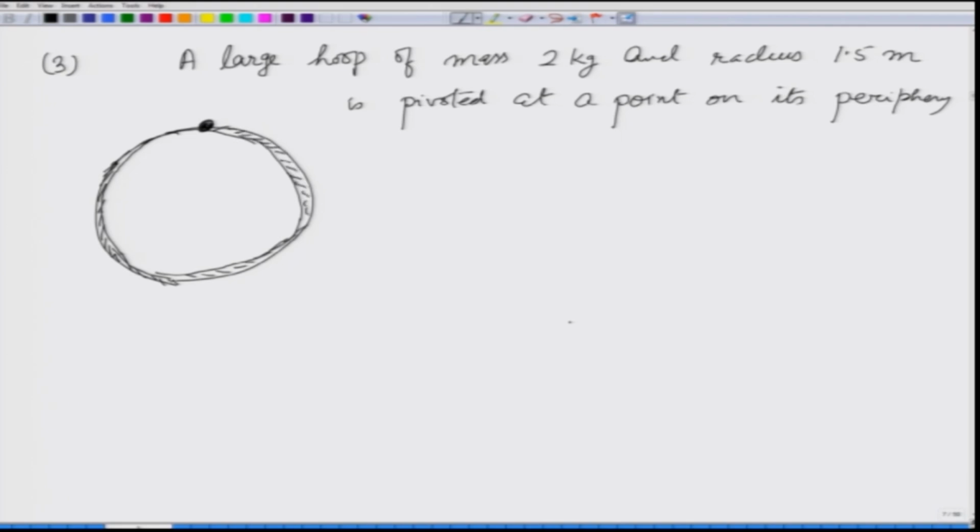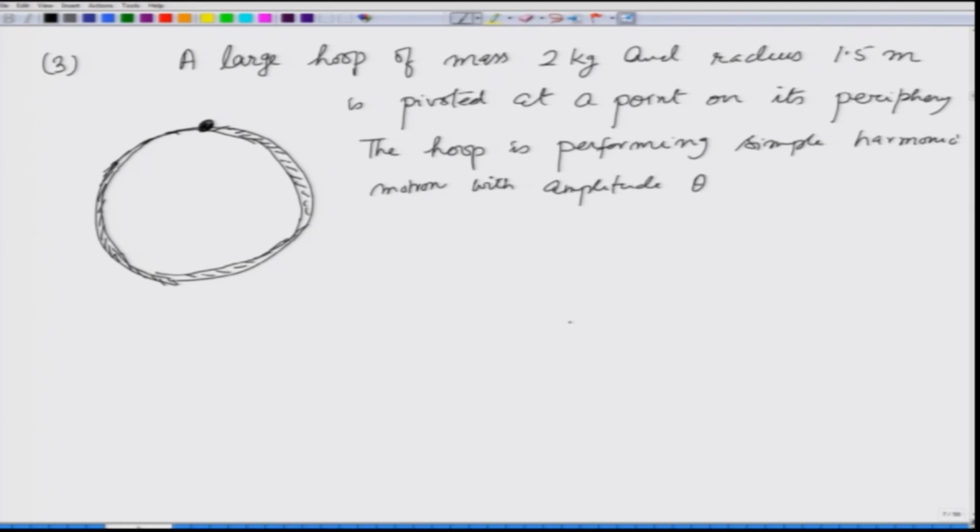So, the entire mass is on the circumference, and the hoop is performing simple harmonic motion with amplitude theta 0